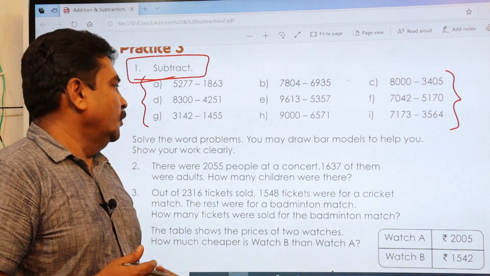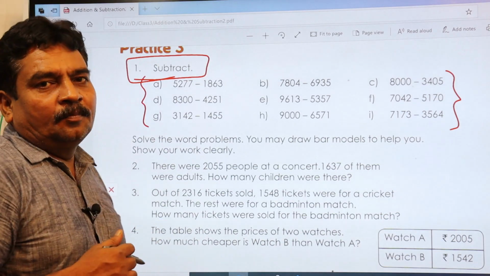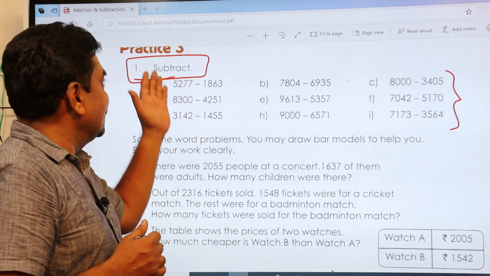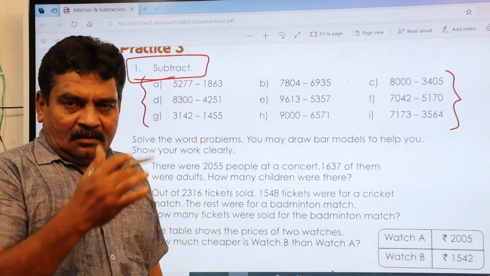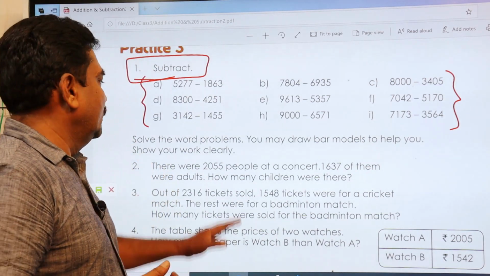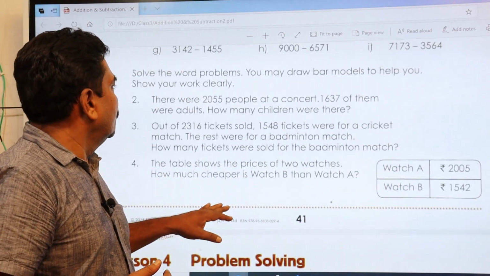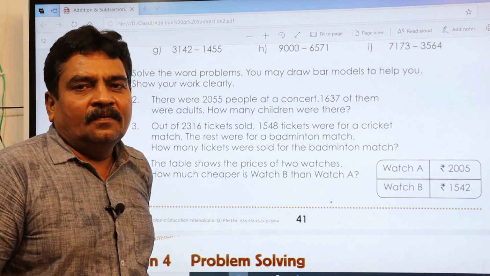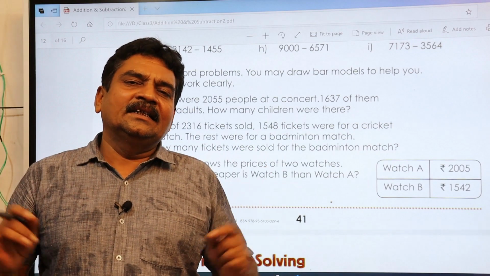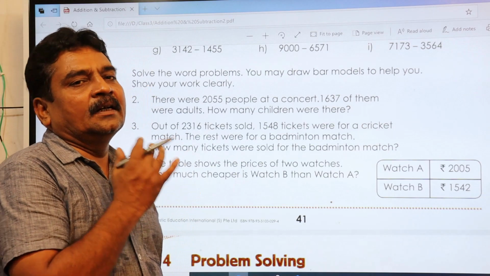You can follow it. Let us do these word problems. I'll do these 3 word problems for you, because in the next exercise you have more word problems. There I'll try to give you homework, but here I'll do these word problems. Let's see. These are the word problems. For word problems, statements are important. You have to write down in a sentence form, then you have to calculate whatever is required.